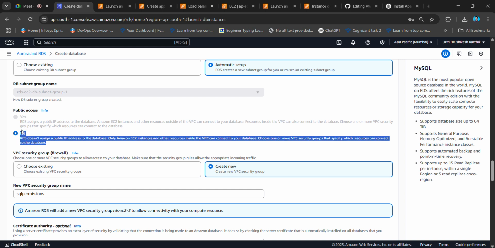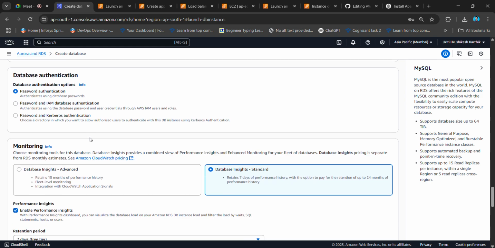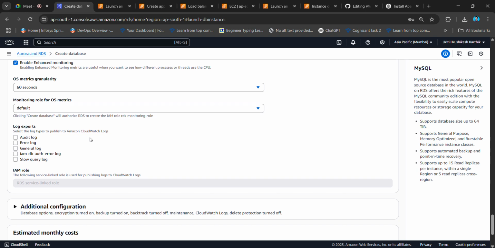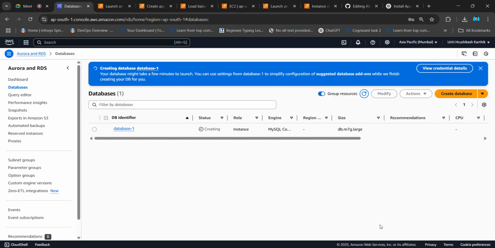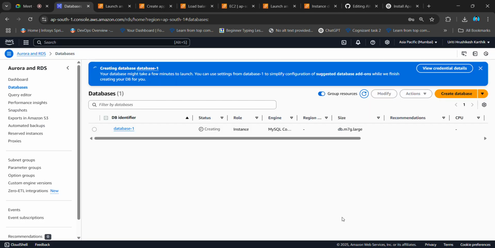Okay, it will get created in a private subnet. Create database without any hesitation. Okay, until it gets created,